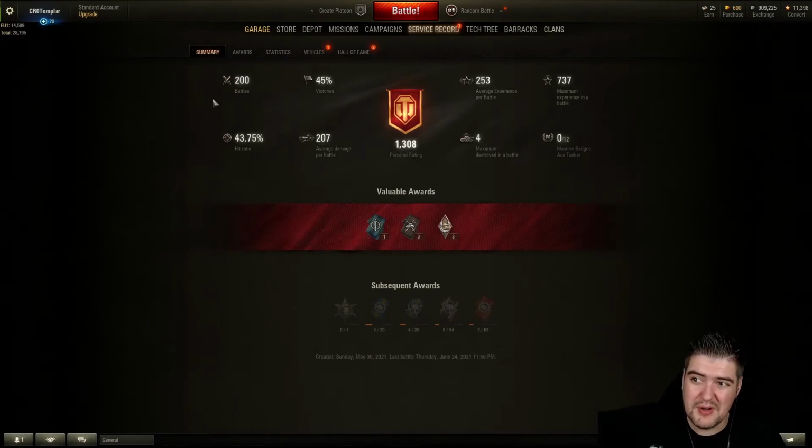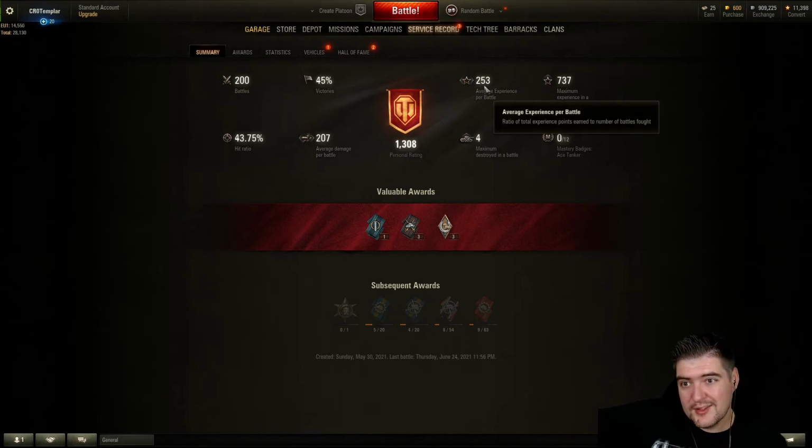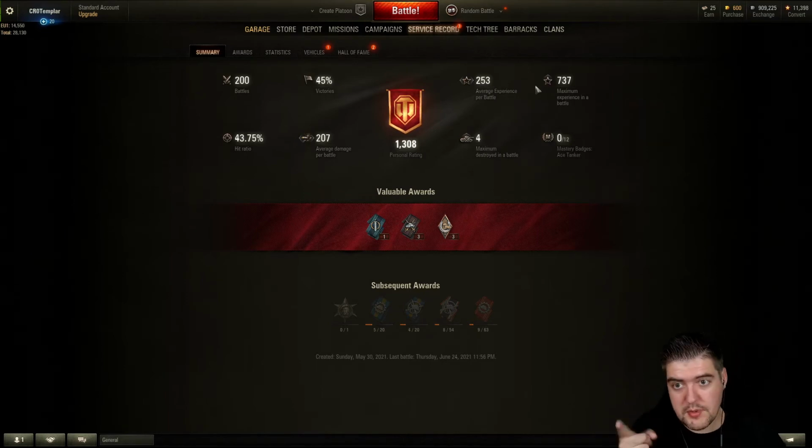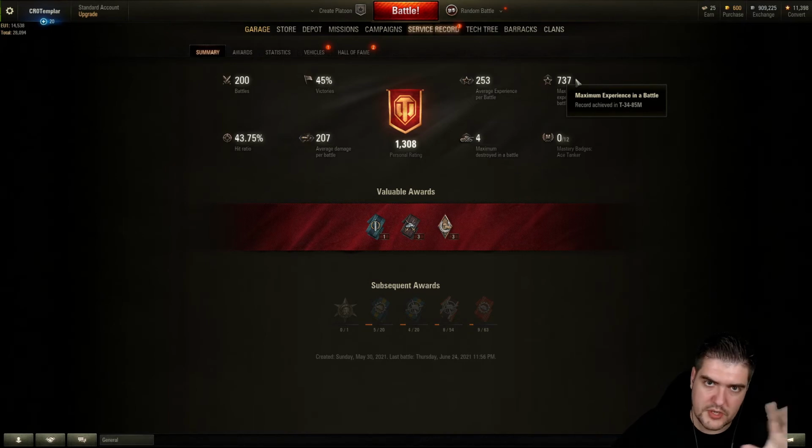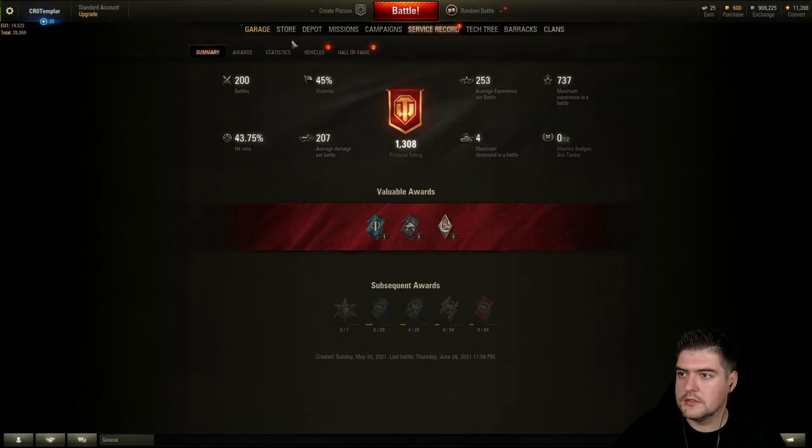So as you can see, I played 200 battles, victories 45%. Hit ratio, not that good, but as I said, none of my crewmen is close. Like, I have one premium tank, which I'm gonna come back to. So, average damage is 207 from all I played so far. Maximum destroyed is 4 that I killed. Average XP, 253, right. Remember this number, 253. Maximum experience, 737. This is like a base XP without all those modifiers. Remember, premium gives plus 50%. Alright. So we'll come back to the